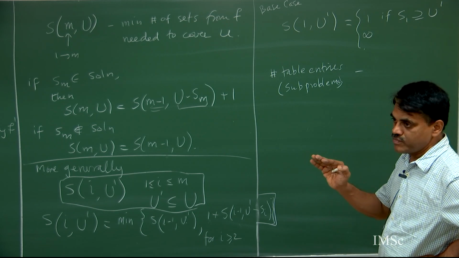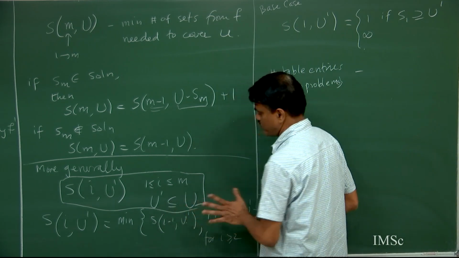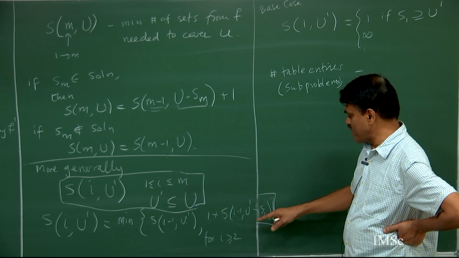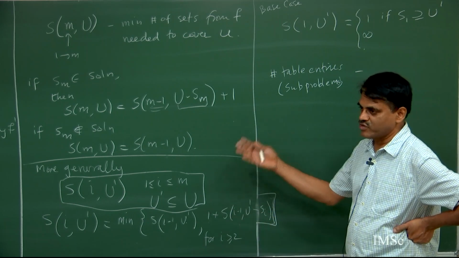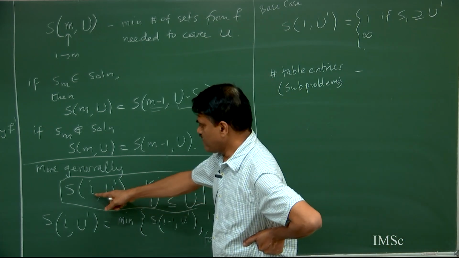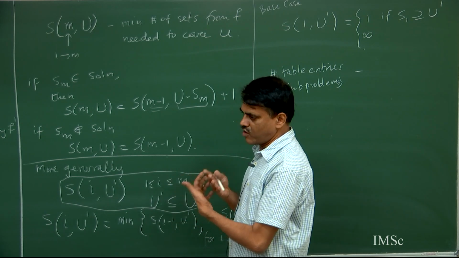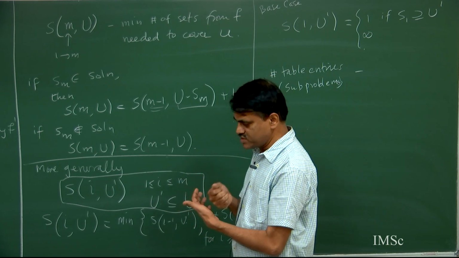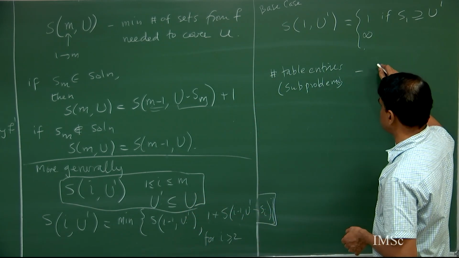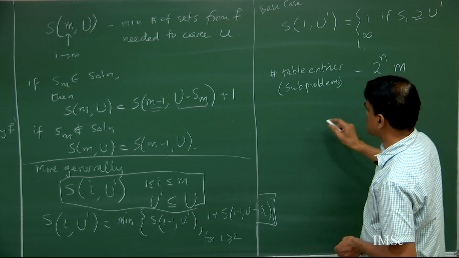The number of sets is m, but you are computing this for an arbitrary subset of U, because you need U' minus S_i, which is some arbitrary subset of U. So, this tells you S_i U' for any arbitrary subset of U: can I cover it, or how many sets do I need to cover it using 1 to i? So, the number of subproblems is 2 to the n times m, and time for each entry